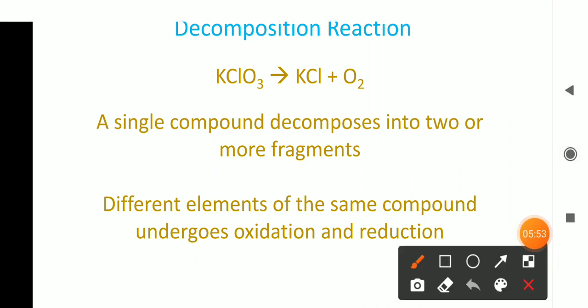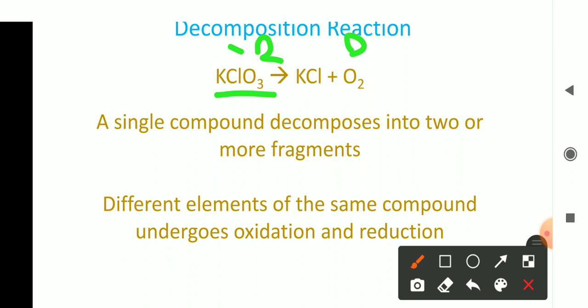Okay, look here. In the case of potassium perchlorate, the charge of oxygen is -2 on the reactant side. On the product side it is 0. So -2 to 0. Does the charge increase or decrease? There is an increase in charge, and we know that an increase in charge is called oxidation. So in this decomposition reaction, oxygen is said to be oxidized.